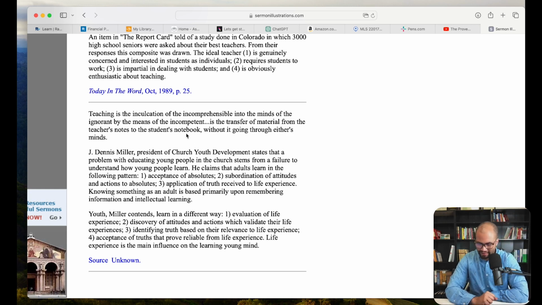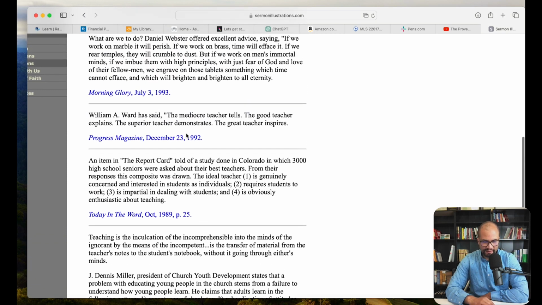I don't think it really fits as an illustration, but he's talking about the different ways adults versus young people learn, but it doesn't really fit in